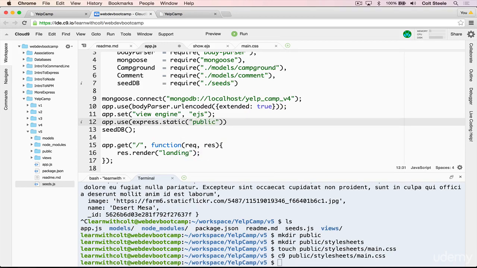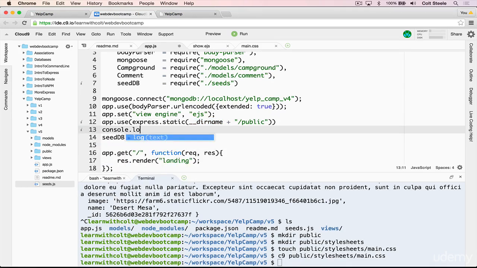But there's actually a slightly better way of doing it that I didn't want to show right away, but I'm going to show it now. All we have to do is add in __dirname, directory name, plus /public. __dirname refers to the directory that this script was running. So let me show you what that looks like. If I just do a console.log __dirname, just like that, and save and restart the server,